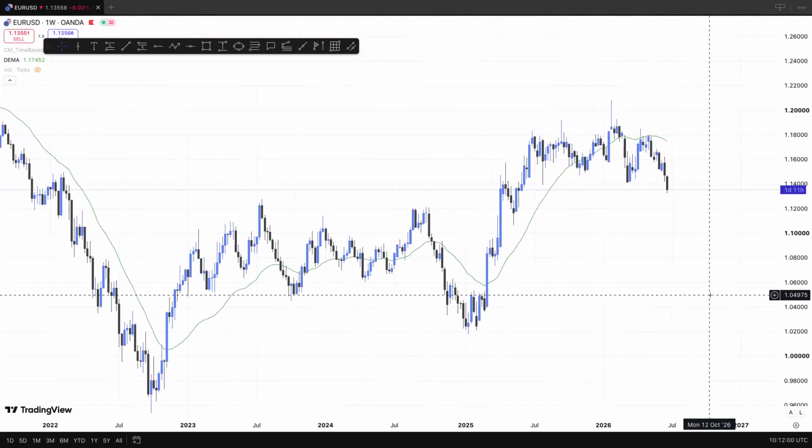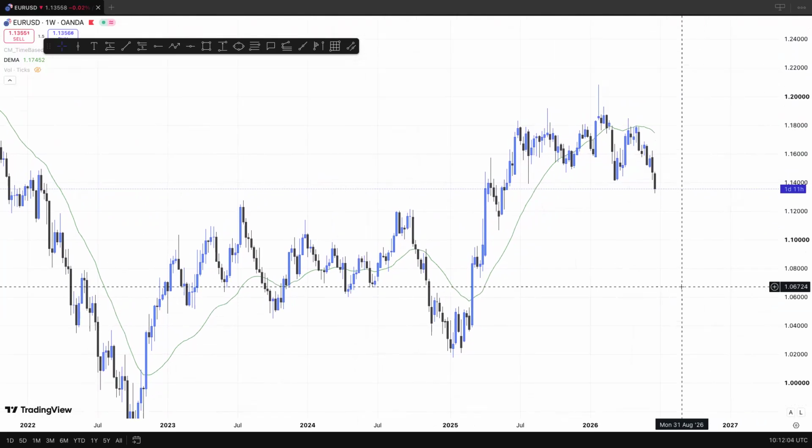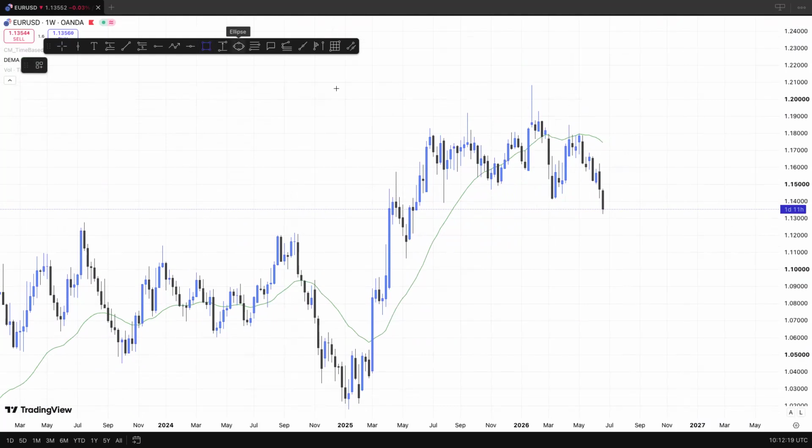All right, so with EURUSD, we are going to start from the weekly time frame. Since we are going to scalp, we are going to start from the weekly time frame. We can start from the monthly time frame, but the weekly time frame is also good. All right. So on the weekly time frame,